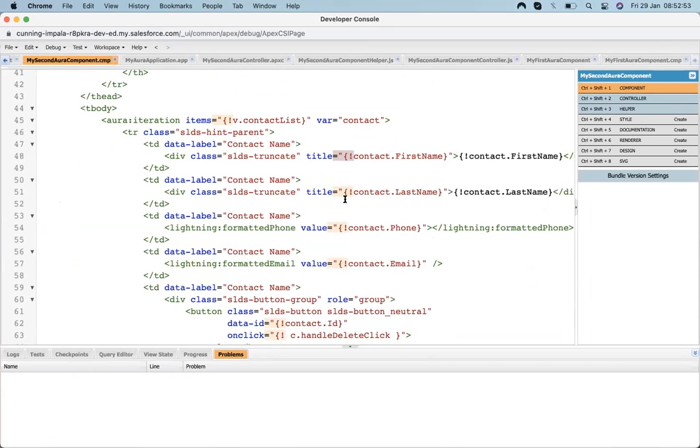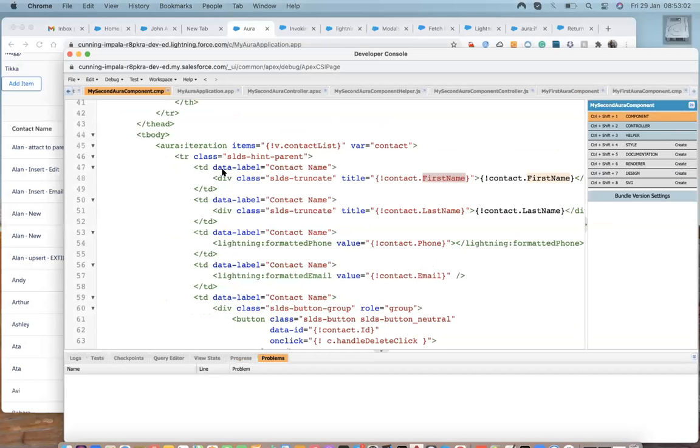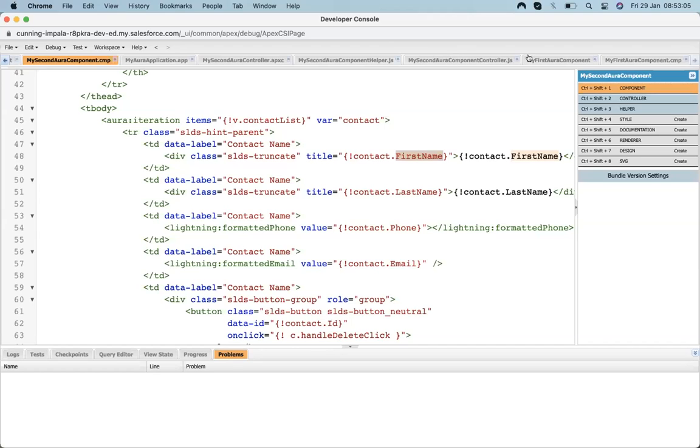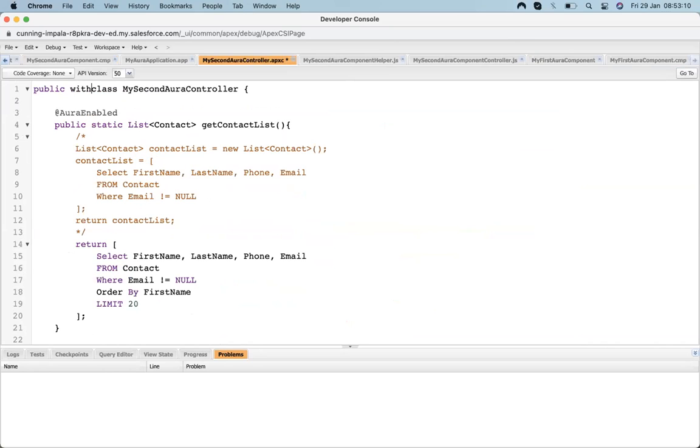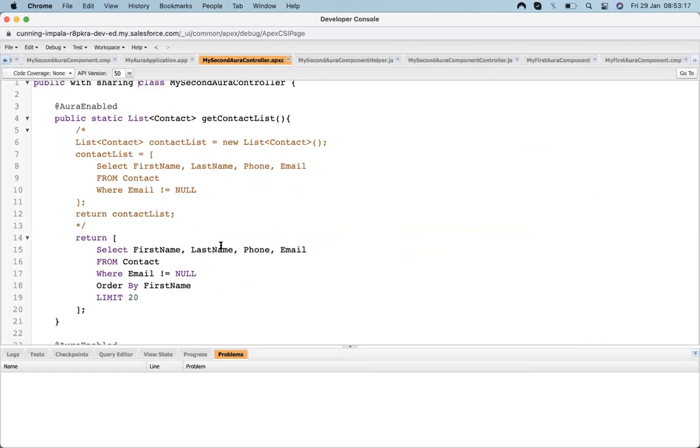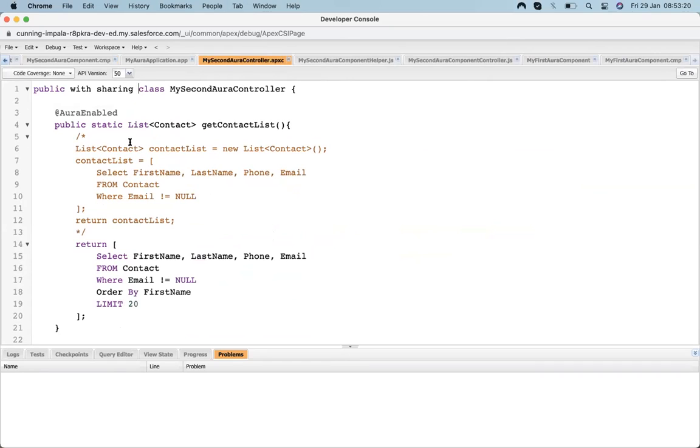And you know that there are two kinds of permission. One is field level security, another is record level security. Field level security is always applied. For record level security, while working with the Apex controller, we have to write with sharing. So all the record level security will apply over this class. If the record is shared, then it will apply, but field level security is always applied, and record level security is optional while working as a developer.